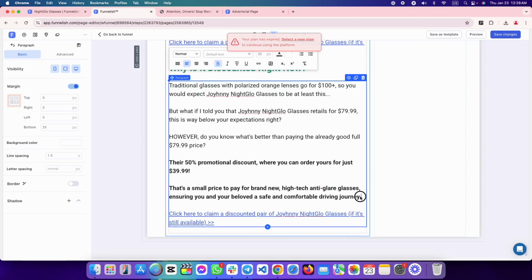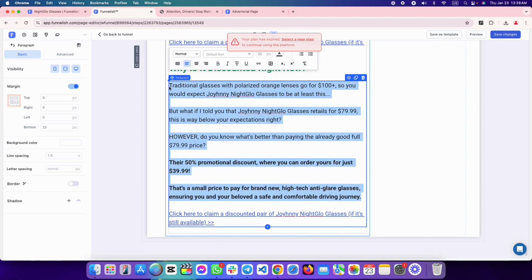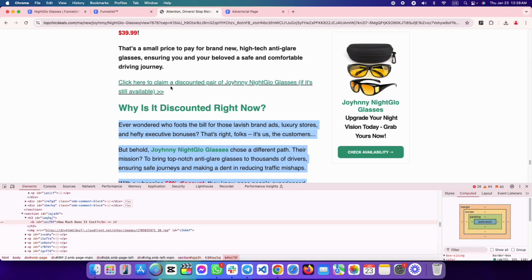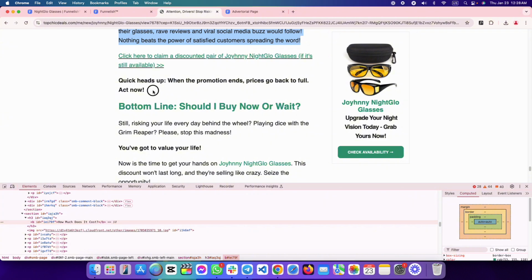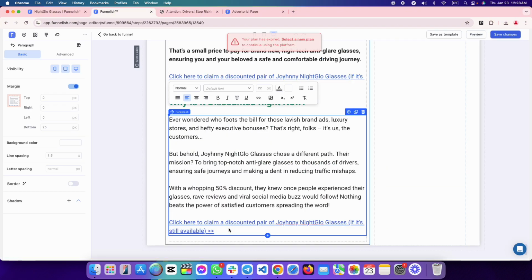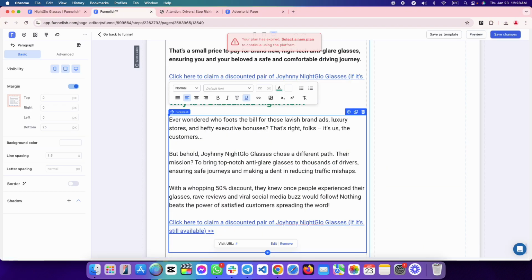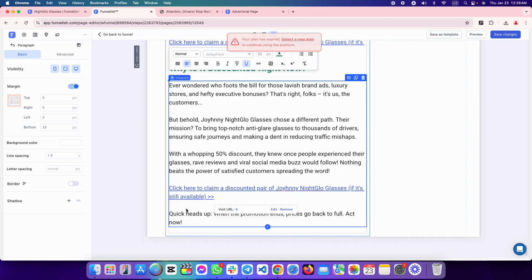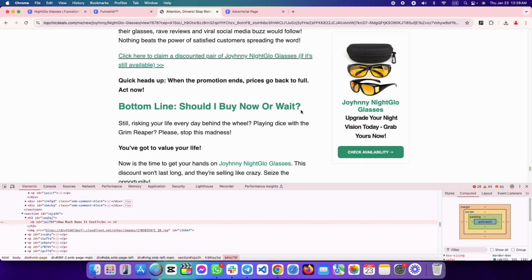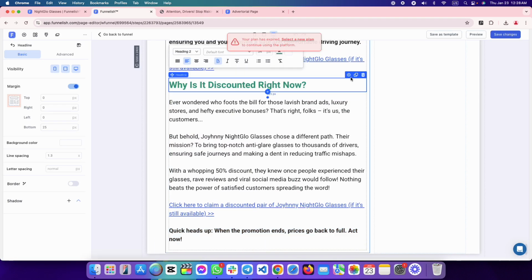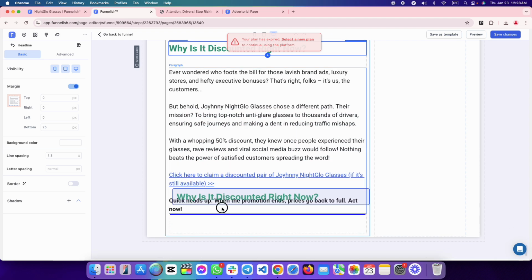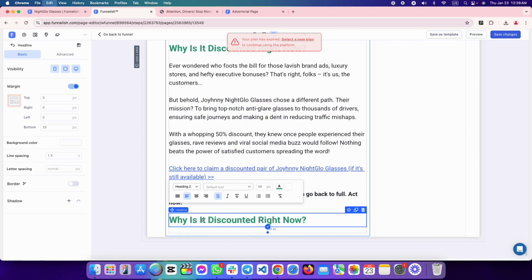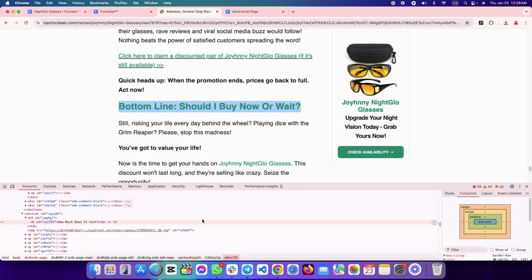So after that, this text, copy the headline and bring it from here, put it another paragraph, make it bold,